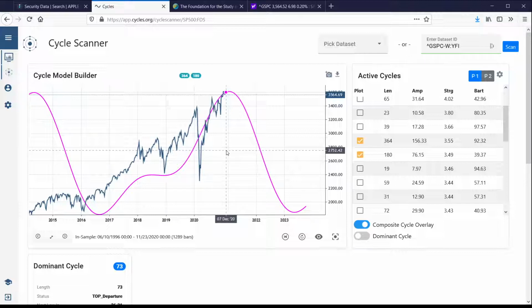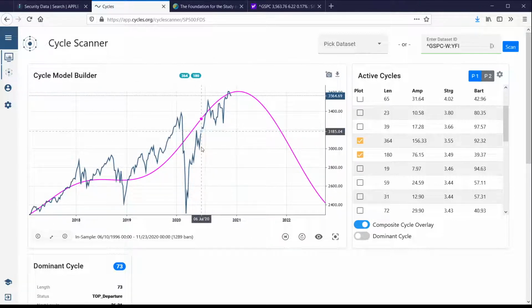I mean, what you could do, or let me know what you think, you can use longer term cycles, for example, this weekly cycle, which gives you kind of an idea what the longer term trend is. So in this case, you see that the weekly cycle is still pointing up, so that you derive the trend from the longer term cycle is still up, and then you go to the daily time frame and check your daily cycles. So you can use weekly cycles to derive what's the trend on the daily time frame.